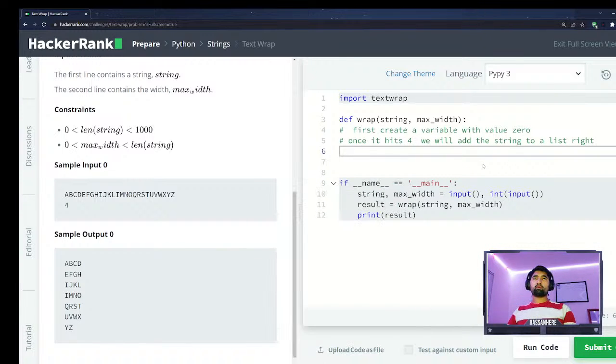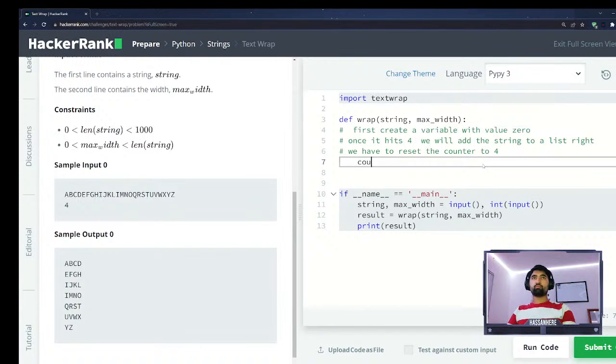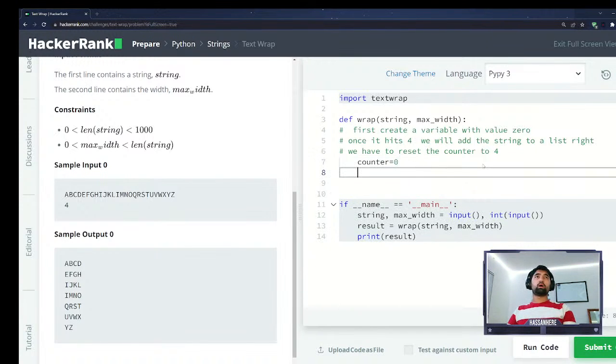And we have to reset the counter, right? Okay, there we go. Counter is going to be 0, right? And the string is going to be